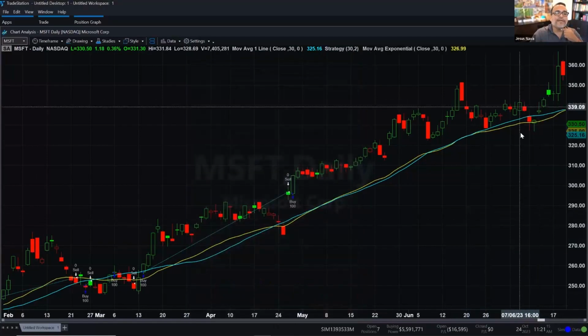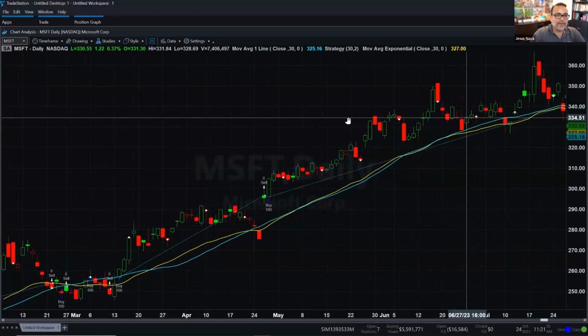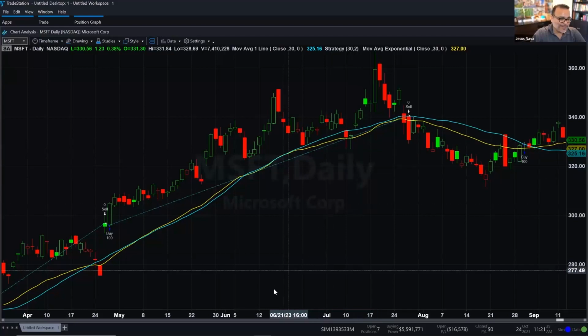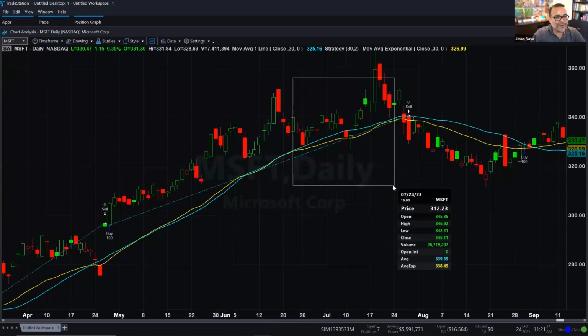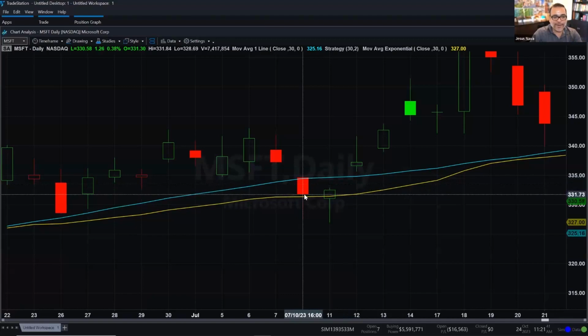All right, so we have a different moving average here, and I want you guys to take a look at what happened here. You can see that, in fact, let me zoom in because it's hard to see. Let me go ahead and click on the magnifying glass and zoom in this area right here. So the cyan line is my simple moving average, and we can see that this red candle closed below the cyan,